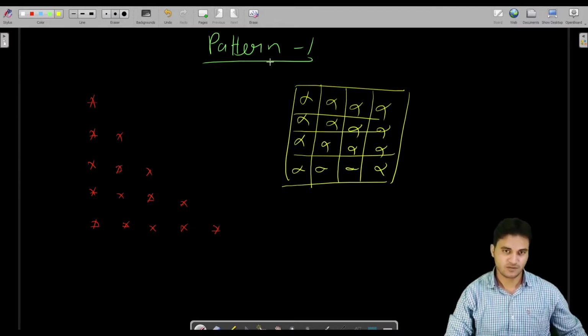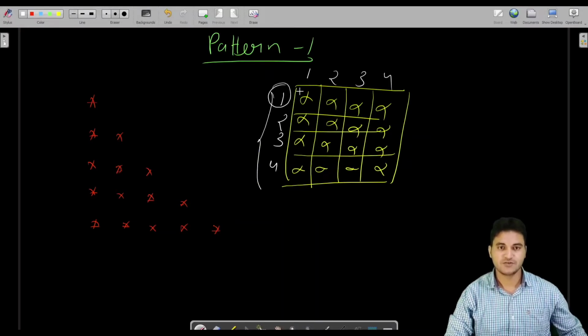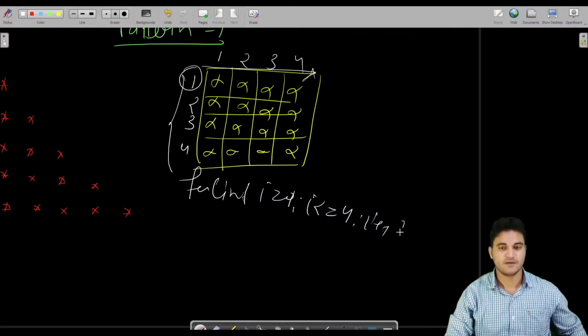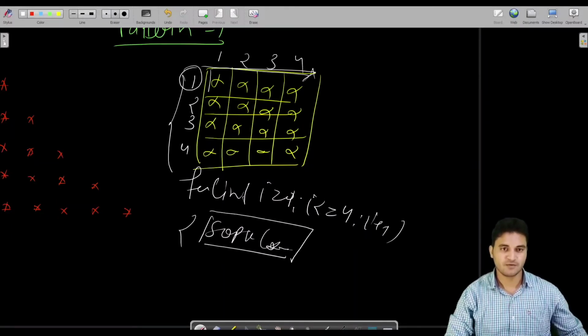If you can see here, there are 4 rows, 1, 2, 3, 4, and 4 columns also, 1, 2, 3, 4. What we have to do is print 4 rows, and for each row we have to print 4 columns also. Really simple. So I would write a loop for printing rows starting from 1, going till the size we have provided, let us say in this case 4, i plus plus. And I will simply print stars. How many stars do we have to print in each row? We have to print n stars, the size of the square.